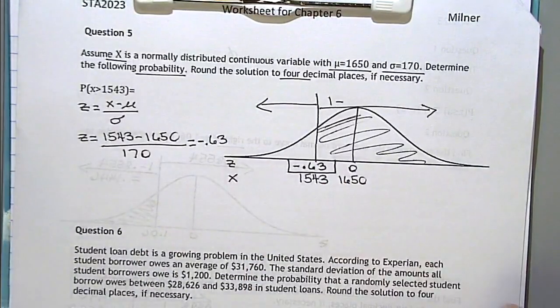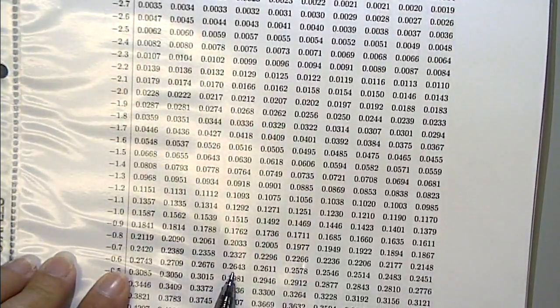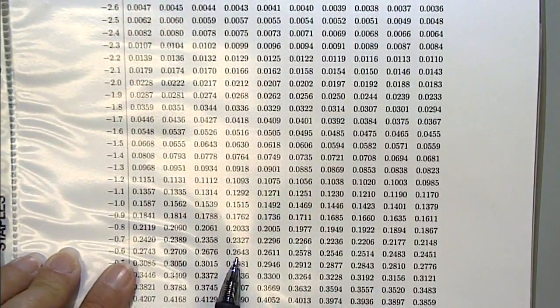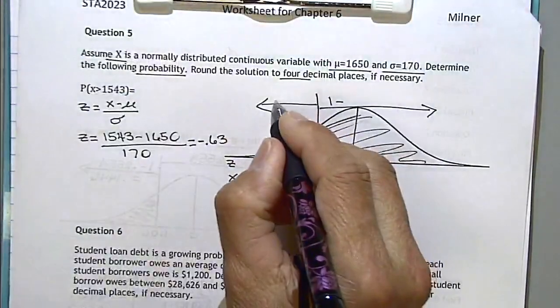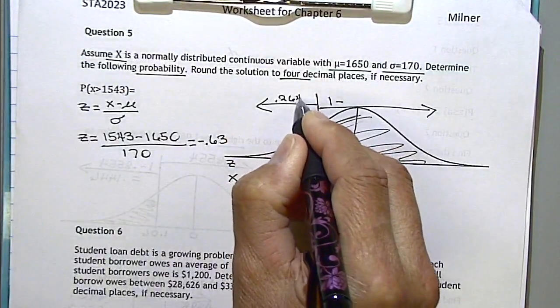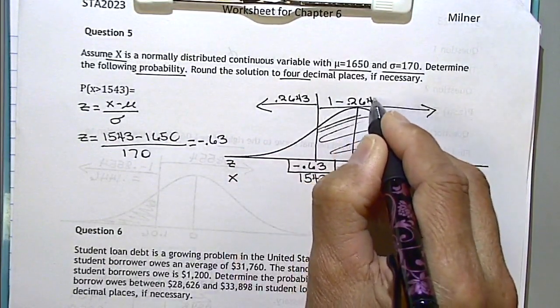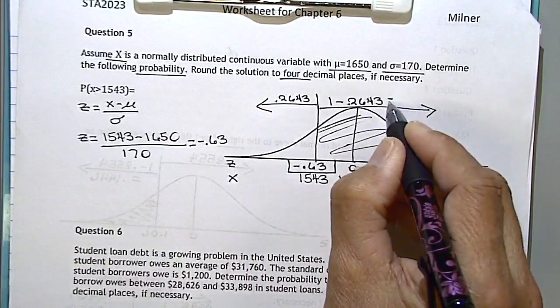It's now become a simple z-table problem, hasn't it? I look up that negative 0.63, negative 0.6, and trust me on this one, that's the 0.03 column, right? And it is 0.2643. I think I got that right. This area is 0.2643. That's not the area I want. I want the rest of the curve, which I have to take 2 points. Okay, I have to subtract this from 1. And I get